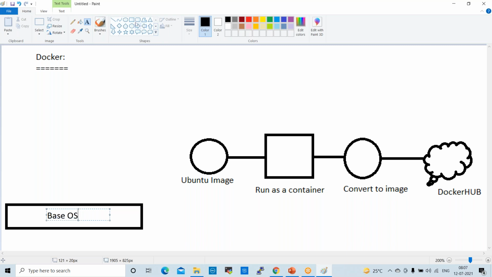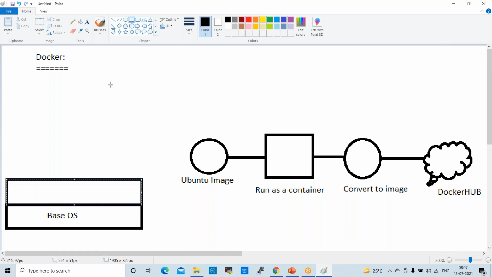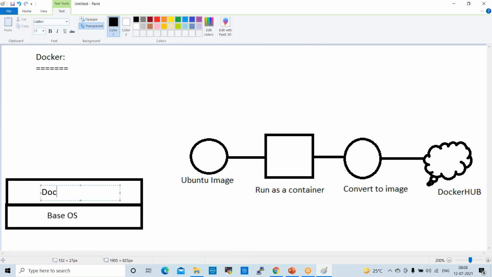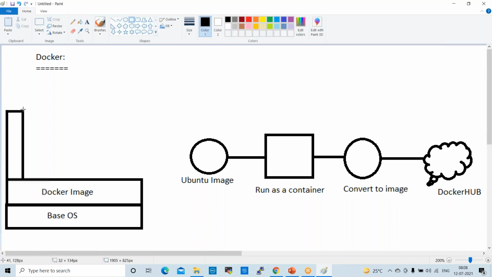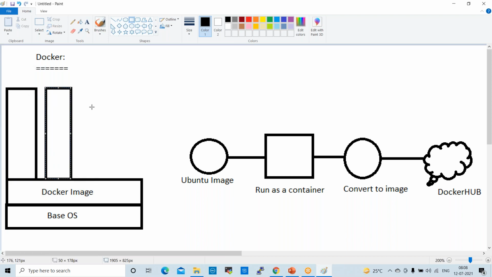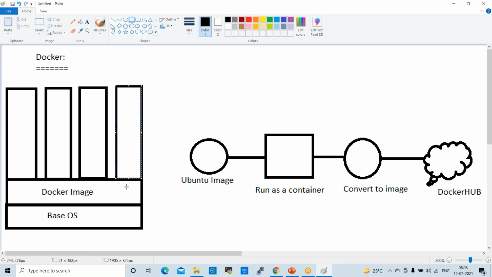On top of that, we download some image, which is a Docker image. After that, on top of this, we run containers. So like this, we run containers, right?